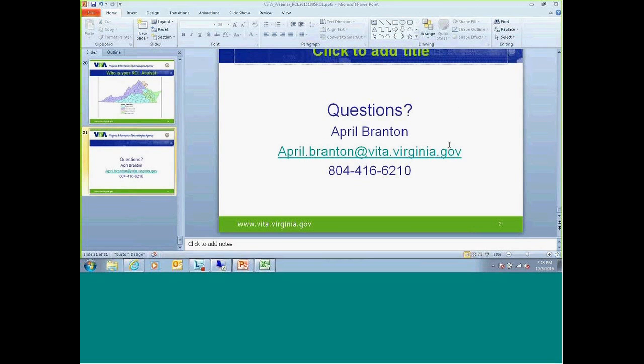So they are definitely the experts in the data statewide, and if you have any questions, you're absolutely welcome to give them a call. You can also call your regional coordinator. There is one regional coordinator for each of the 7 regions which align with the state police regions across the Commonwealth.